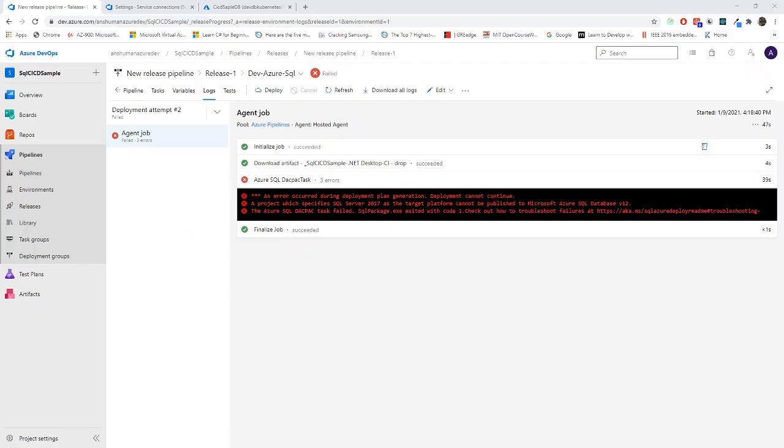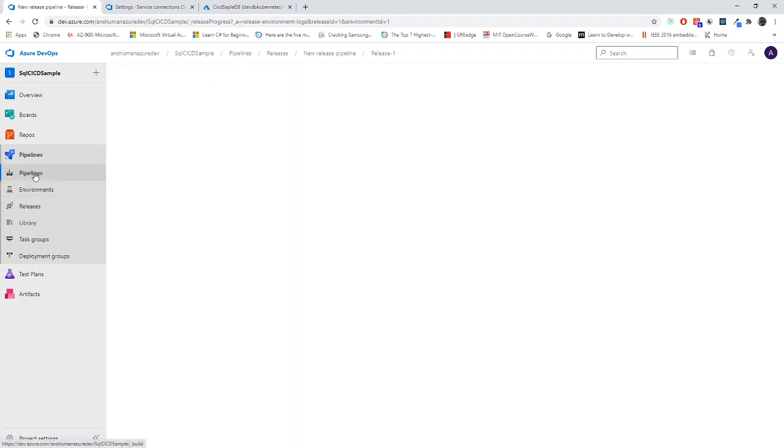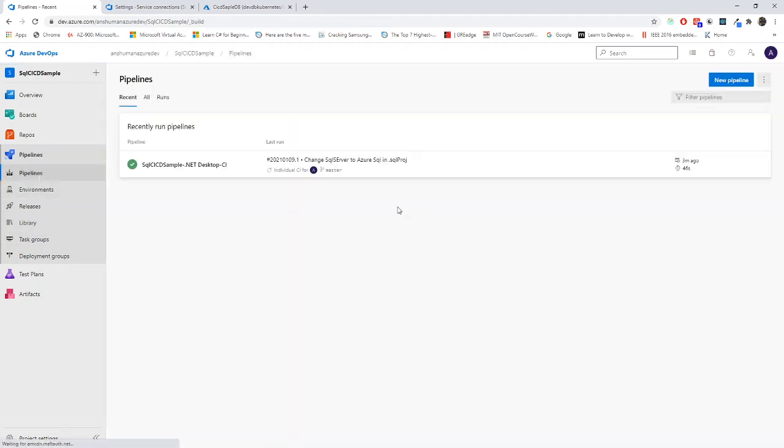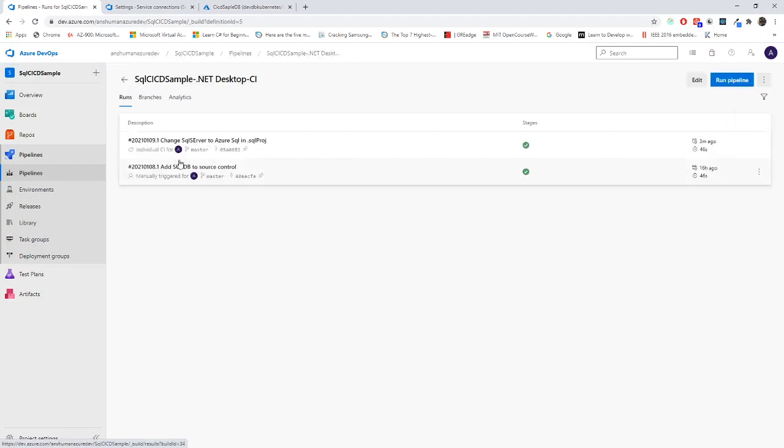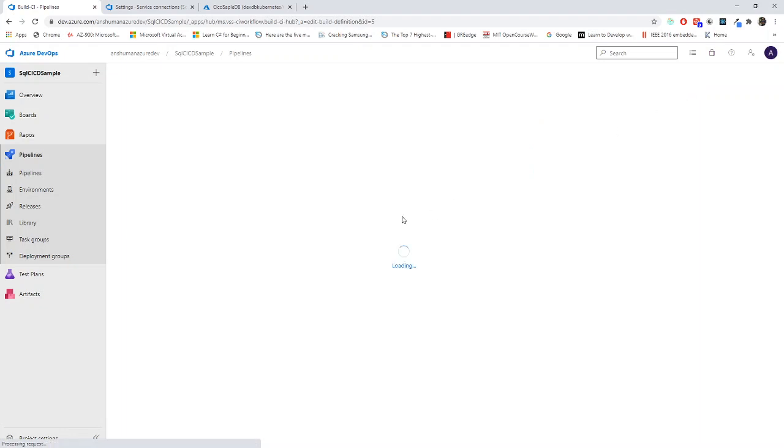Now I'll go to my... now the override is not working. I'll go over my pipeline and I will check whether the override is working or not. This is also a good example so that you will understand how the pipeline is working.